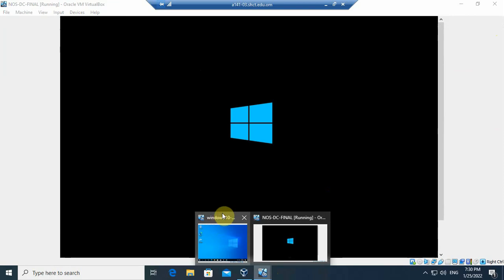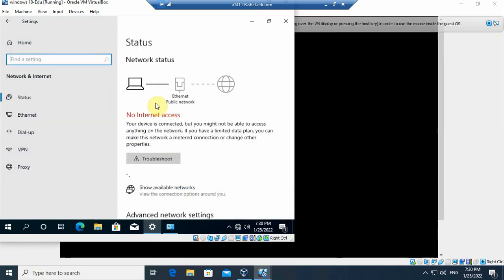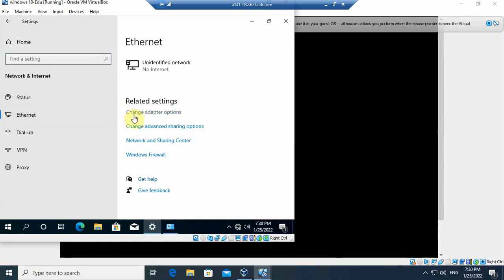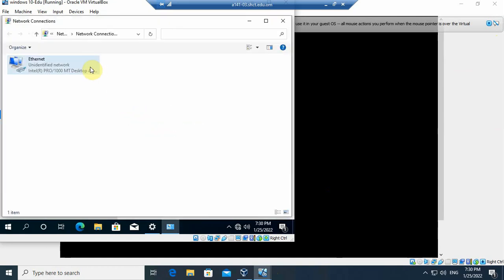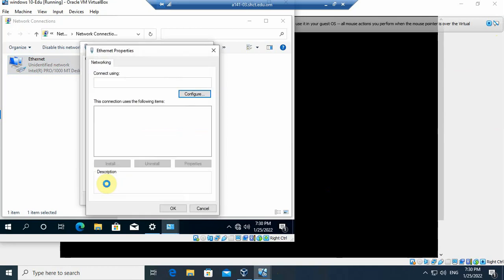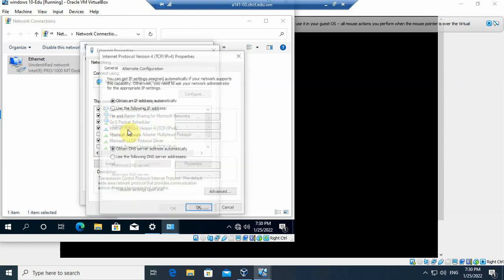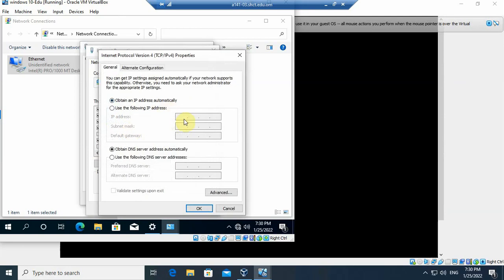So let me check the other settings of Windows 10. I'll go here again: Ethernet, change adapter settings, double click, properties. Internet Protocol version 4, IPv4, IPv6. You have to remove the tick, then IPv4, double click. There is no IP address, so we will give the IP address here, use the following IP. The first one is dynamic or DHCP. We are giving a static IP, so